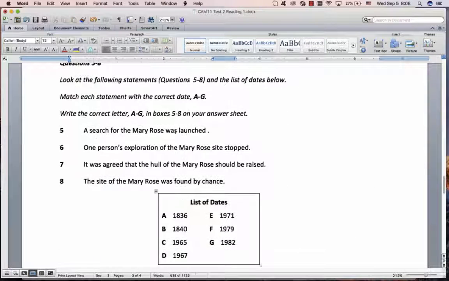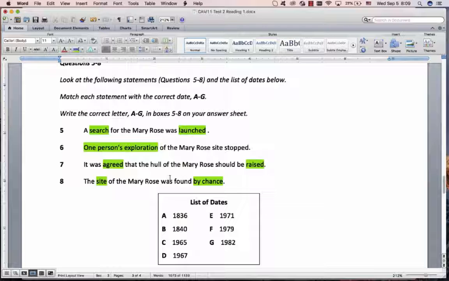Because there's only 4 of these, maybe it's a good idea to look at these first. If there's a lot of these, you can't remember it all, but there's only 4. Let's just see if we can find some nice keywords. Search, launched, one person's exploration, raised, maybe agreed. There's nothing really nice here. Sight by chance,